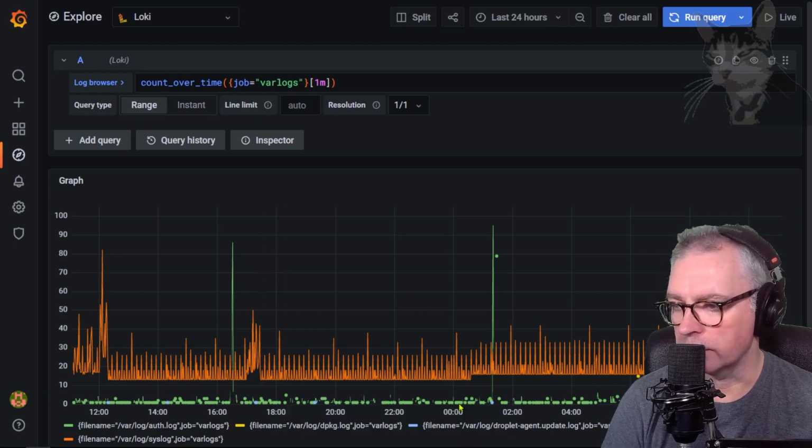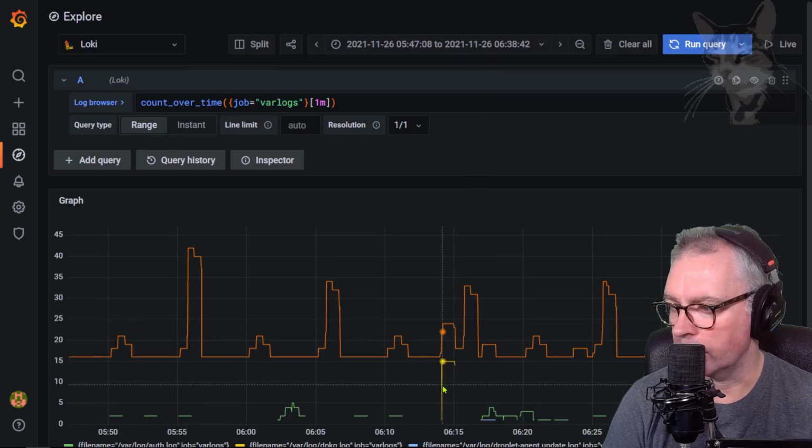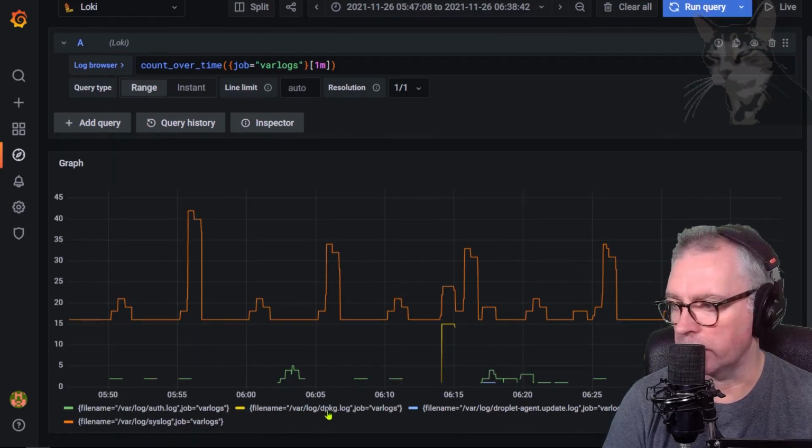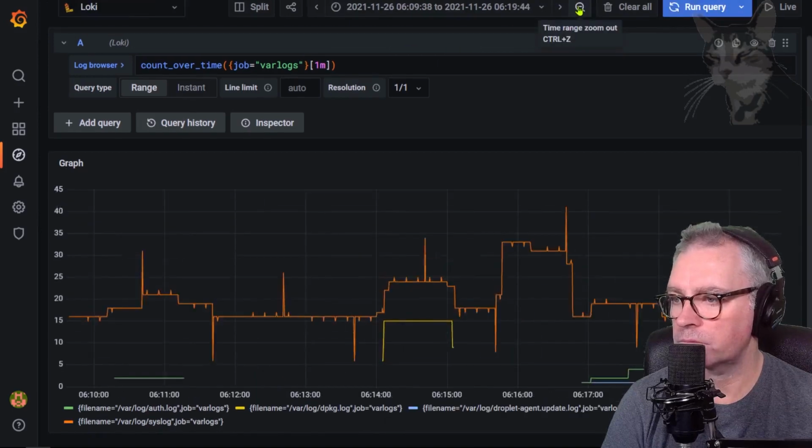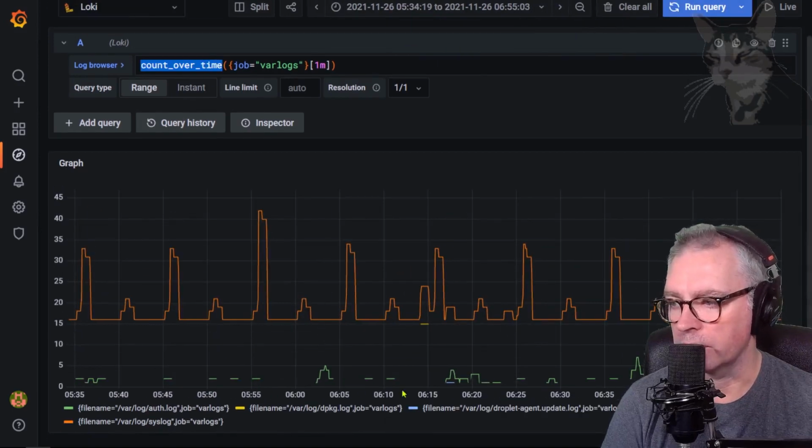It's quite hard to see. There are some blue dots down here. That would be for the droplet agent update log. And there's a yellow one just over here, which I'll zoom into. And that is for the varlog Debian package manager log, just down there. I can zoom into that even more. Zoom out. Okay, so that is taking our log lines and converting it into a graph